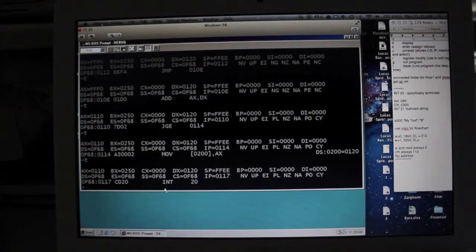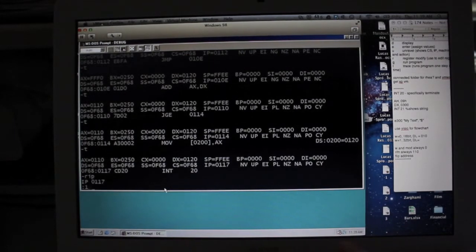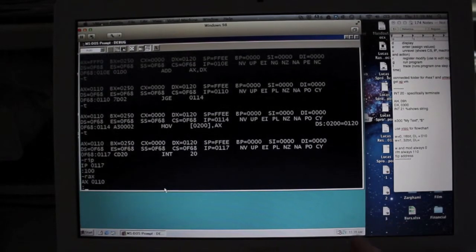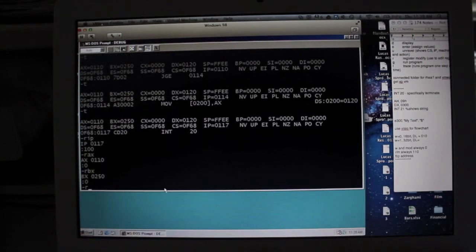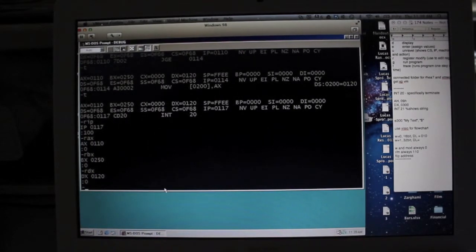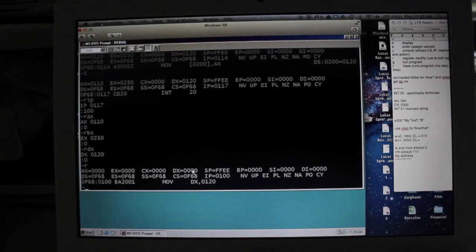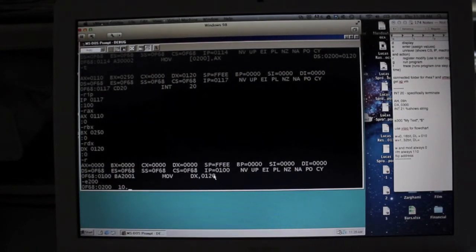I don't want to. So now let's go ahead and reset the pointers. RIP back to 100, RAX to 0, RBX to 0, and RDX to 0. Alright, everything looks good. Now at this point I want to go ahead and change our values. I'm going to call E200. This time I'm going to make the register starting at 200 be 140. So that's just going to be 40, oh sorry, yeah,